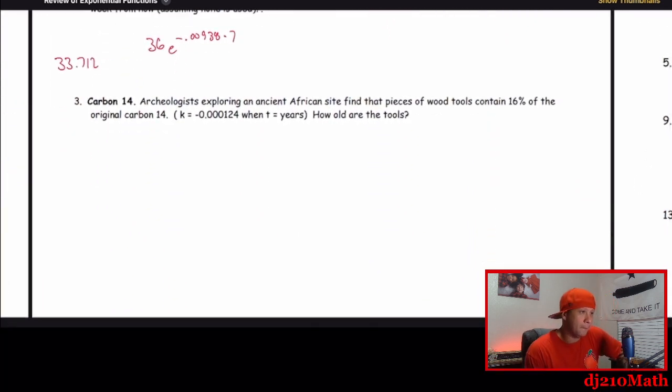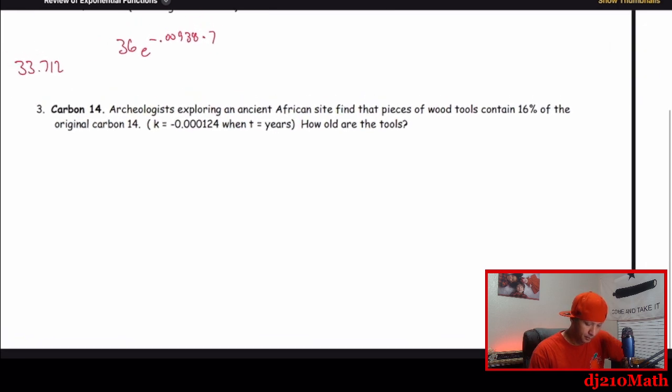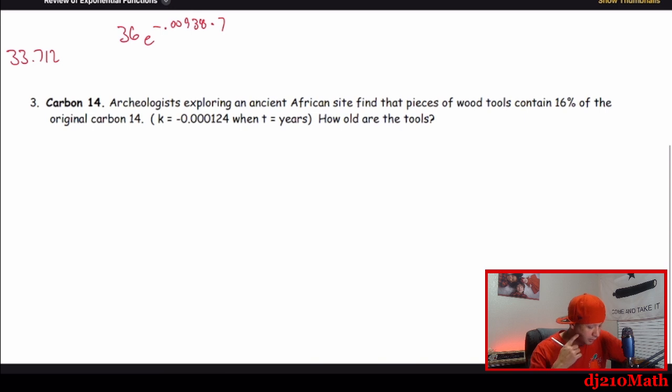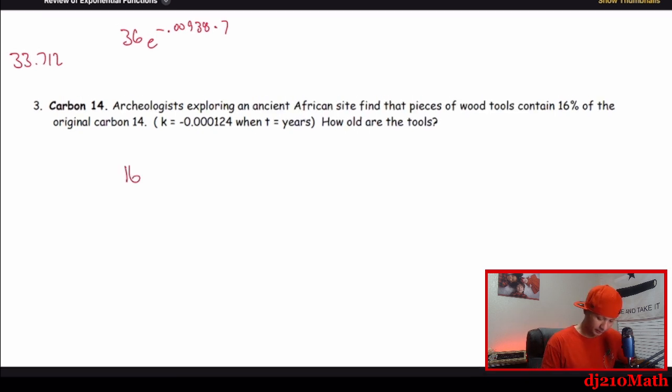All right. Number 3. Archaeologists exploring an ancient African site find that pieces of wood tools contain 16% of the original carbon 14. All right, there's the decay rate. T is in years. How old are the tools? Okay, so what this is saying is 16% is equal to